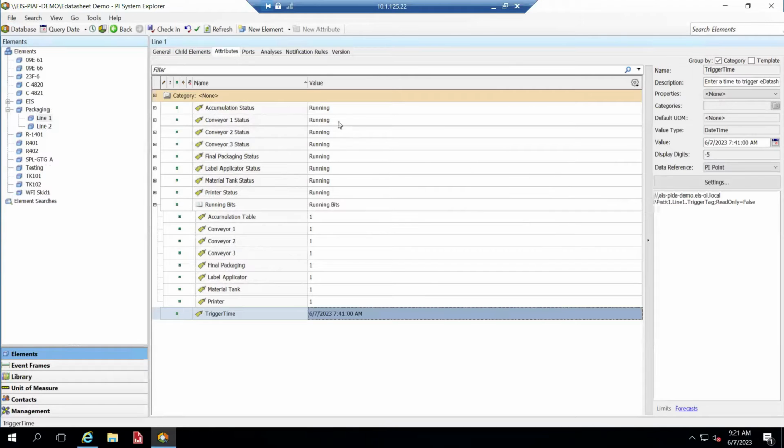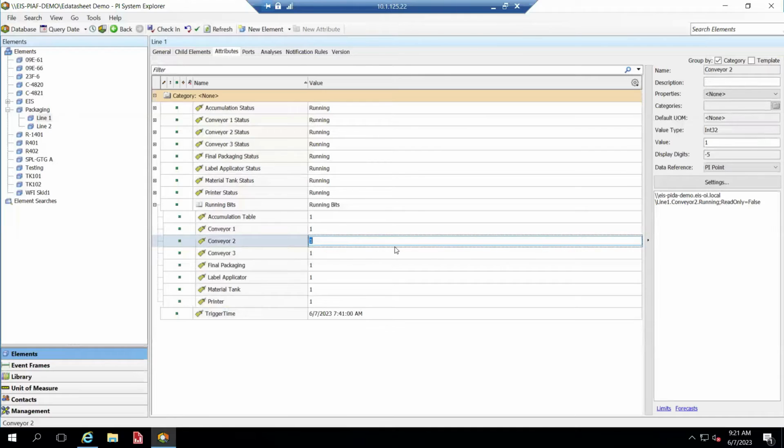I'm going to have status bits that I'm going to write back to, and then in this case, I'm just going to manually use Pi tags to indicate trip conditions. Obviously, these could all be hooked to AF analysis,